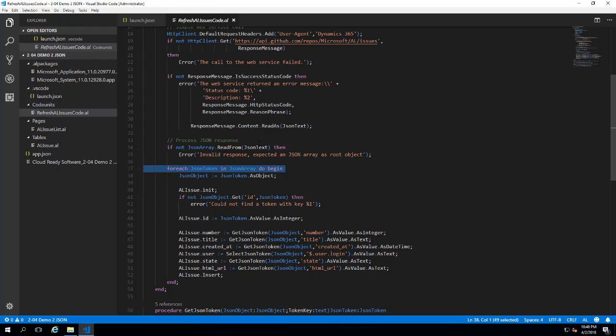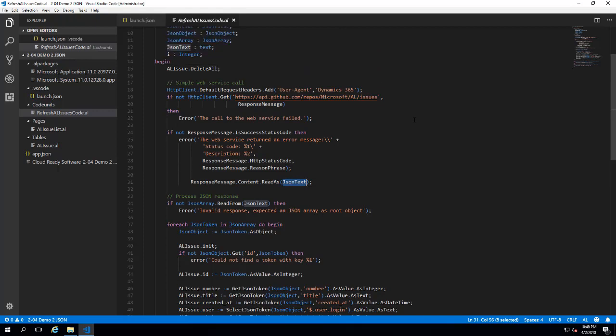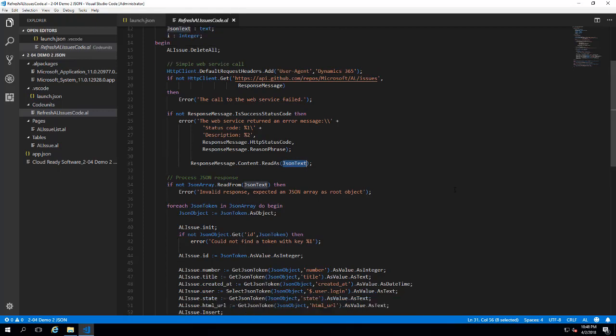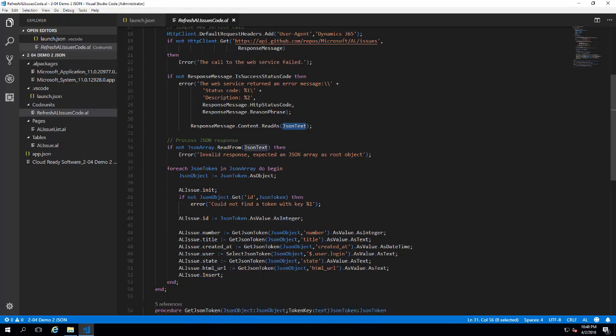So the JSON text is over here. So response message dot content read as JSON text, right? So that JSON text is of type text. And then the JSON array is read from the JSON text. So JSON text is a regular text variable that is now read into a JSON array that interprets it, and